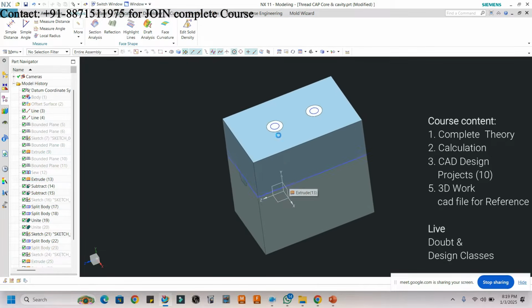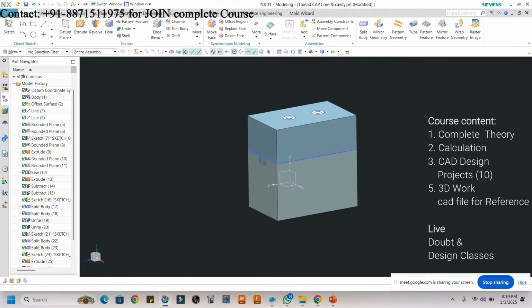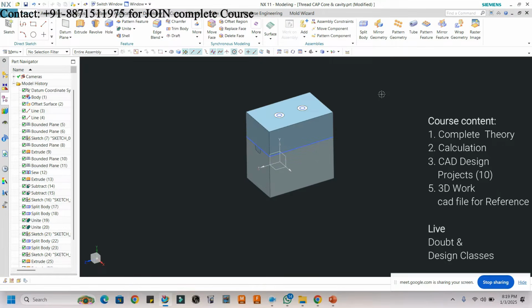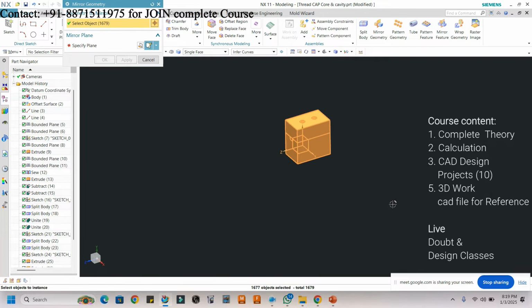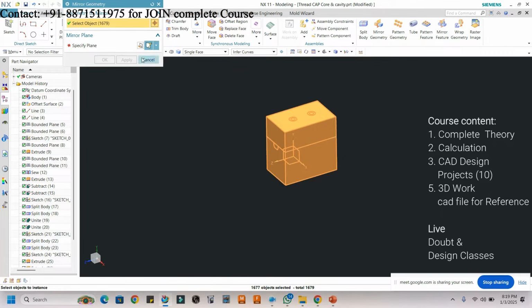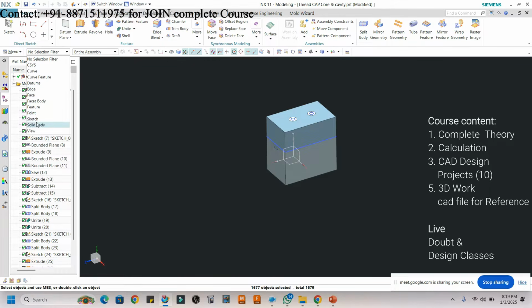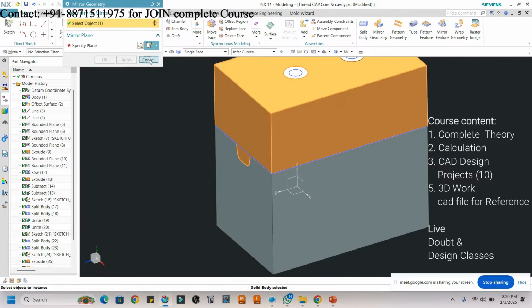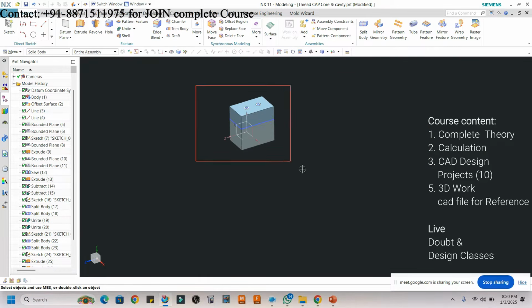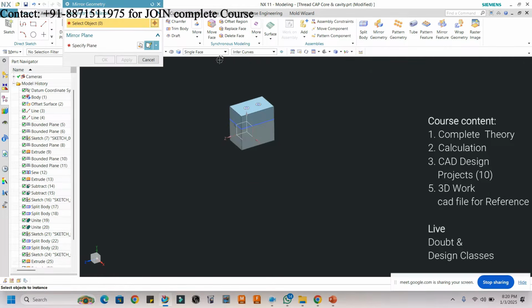Now for example, I have this. Here you can see that I'm just preparing the 4 cavity mold. Right now I'm just using mirror, but you cannot use the mirror command for this. Why? Because if you have a thread in the clockwise direction, after mirror you will get anti-clockwise. So you cannot use the mirror, but right now for showing you, I'm just using the mirror. Is it clear? Because it is easy right now.